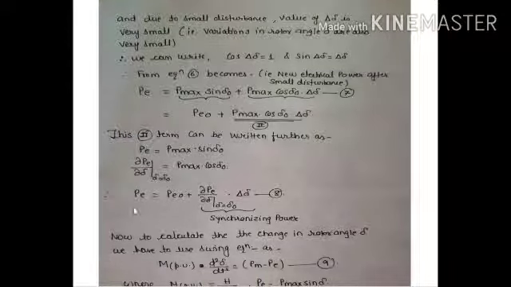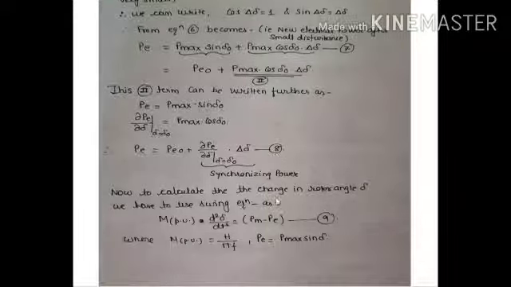Okay. Therefore, if I substitute now for the second term in equation 7, how will you write it down? PE is equal to PE 0 plus del PE by del delta at delta is equal to delta 0 into del delta. And this is nothing but your synchronizing power coefficient, right? So call this equation 8.